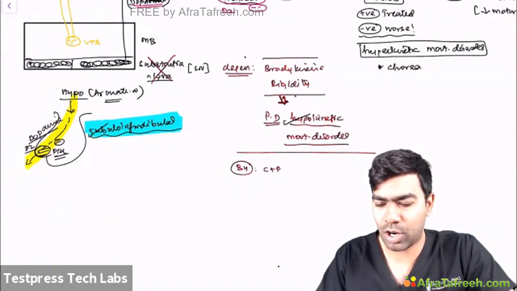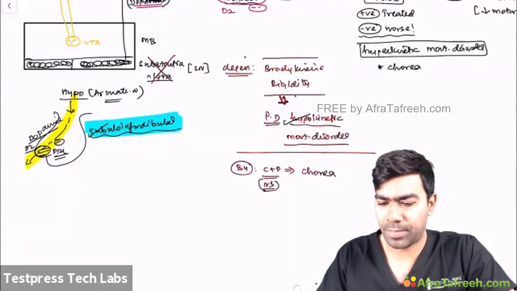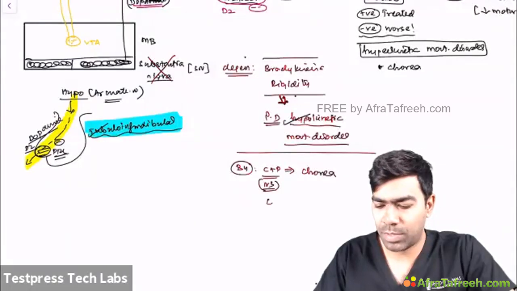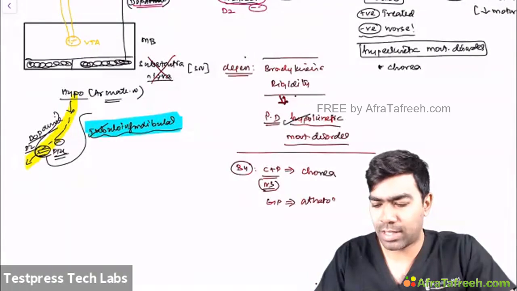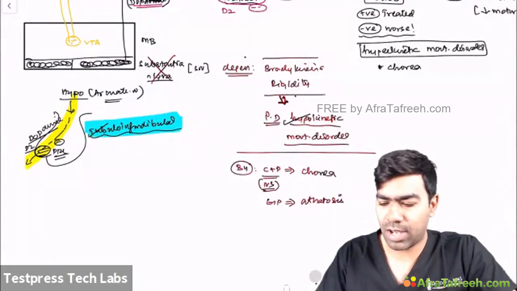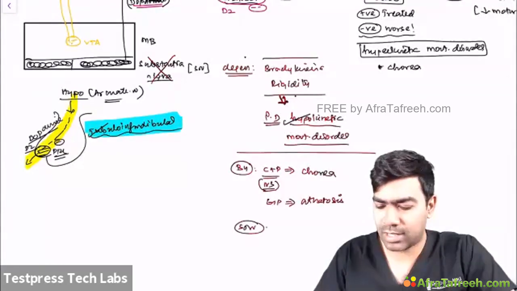For example, if you have a caudate and putamen involvement, or neostriatal involvement, you can tell together also, you're going to result in a hyperkinetic movement disorder called chorea, basically. Or whenever you have a globus pallidus involvement, you're going to result in a hyperkinetic movement disorder called athetosis classically. And whenever you have a subthalamic nucleus involvement, and once again, you can understand,